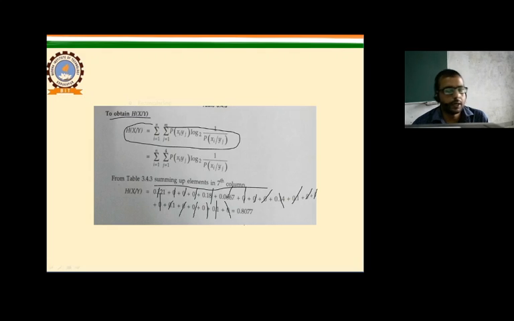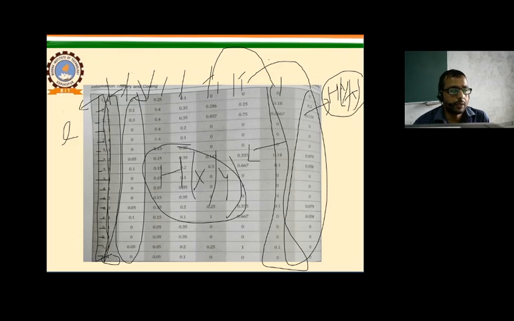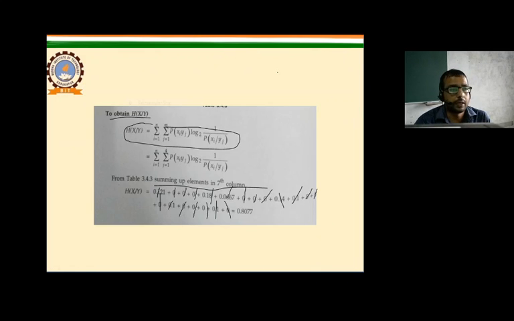There are 20 elements in the previous table. If you take the 7th column and add all of these, we get the conditional entropy H(X|Y), and its value is